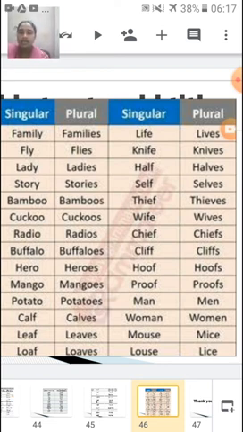Once you are able to understand what is singular and what is plural, we can move on to the next session, that is about genders. So that will also be an interesting one. In the next session we will see a few exercises for singular and plural, which will be continued by the next subdivision, that is gender in nouns.